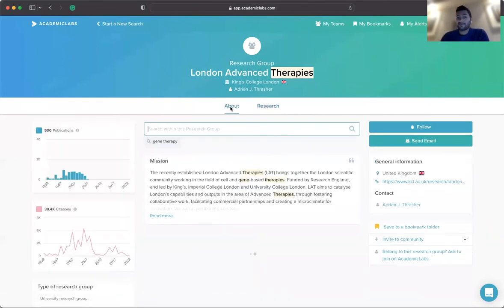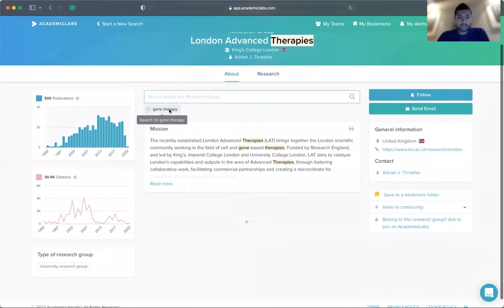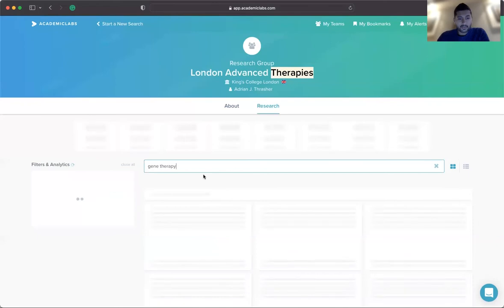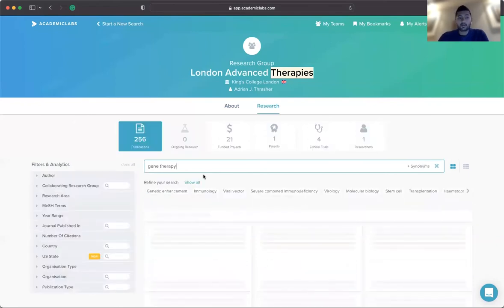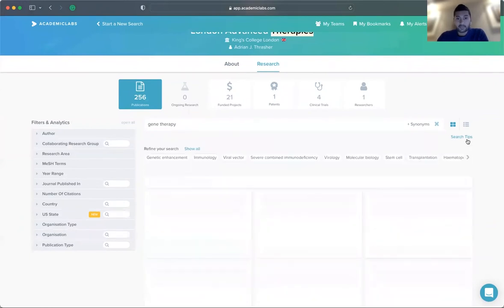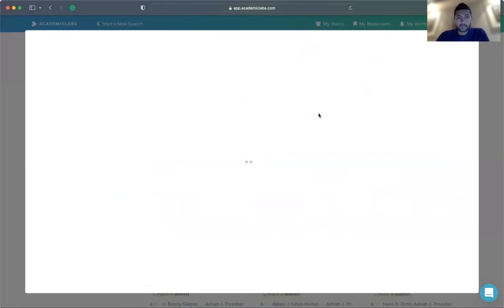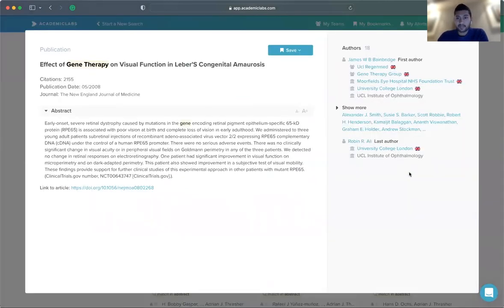And after you have evaluated this group, by, for example, going to the publications and seeing the publications on your topic, and then seeing the most cited publications of this group on your topic, which happens to be this one from the top journal, New England Journal of Medicine.